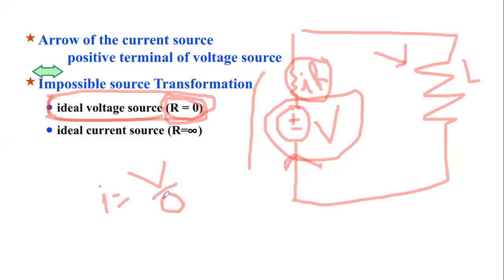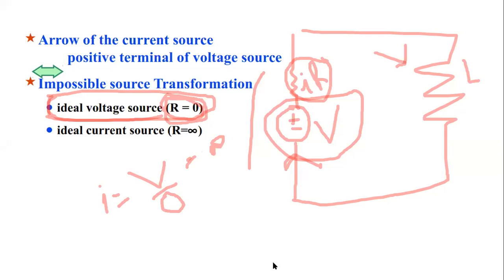And if resistance is 0, it means it will be V by 0, it means it will be infinity, and we cannot have current as infinity. Current will come out to be infinity, and we cannot have current as infinity. That's why we say that an ideal voltage source is having... this is also an objective type of question, this is a very, very important question. This is general knowledge of circuit theory.